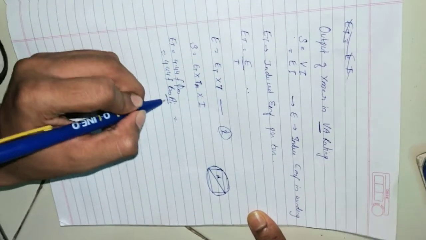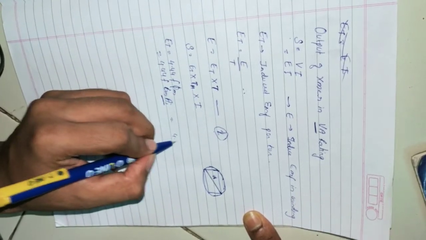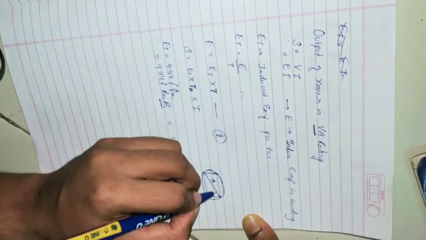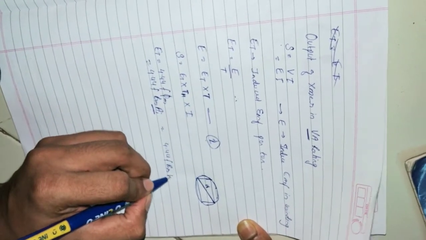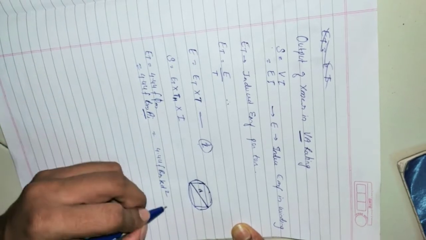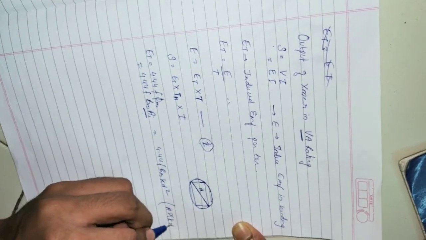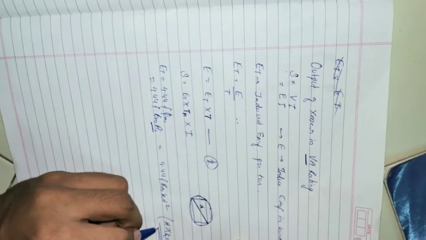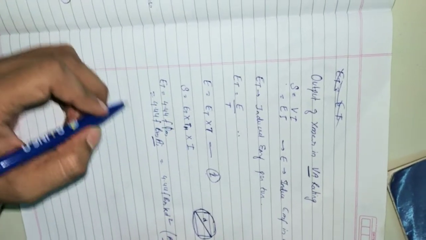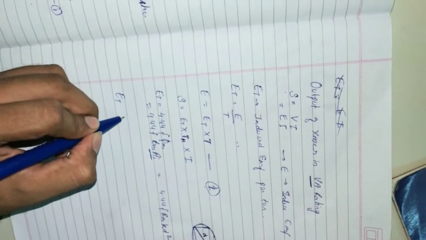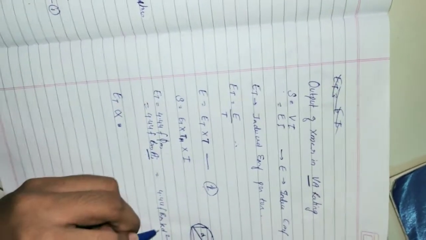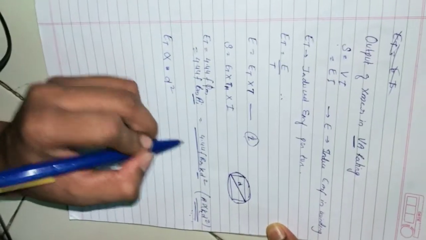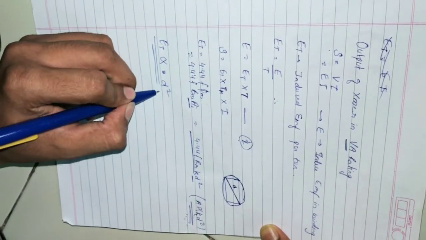So now this area we can write like this, 4.44 F BM, and this area we can write as K D square. Why? Because area is directly proportional to K D square. This is the equation we have to remember. From the stepped core we are getting these equations. Now ET will be directly proportional to what? D square. If we assume all this as constant, we get ET is directly proportional to D square.